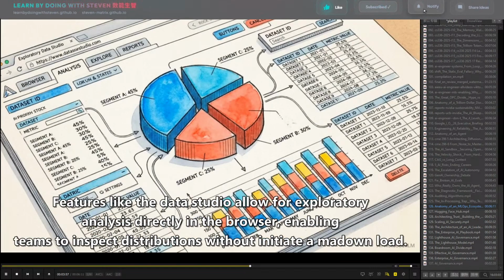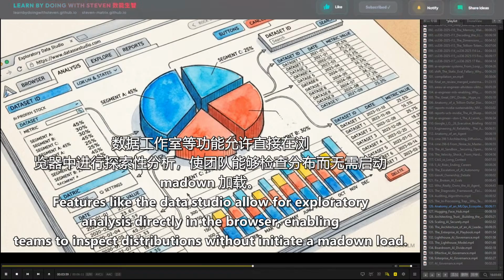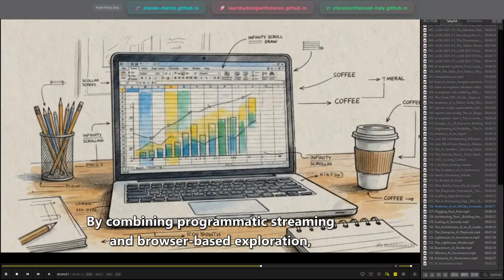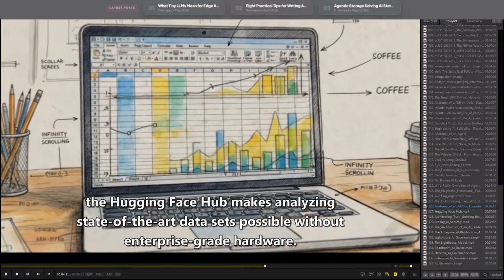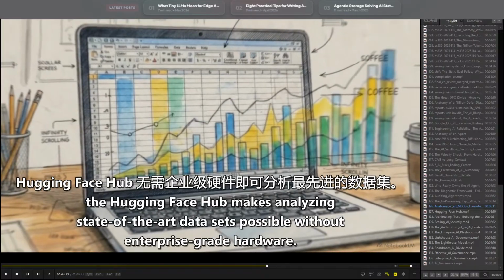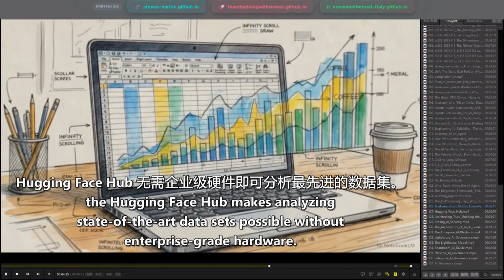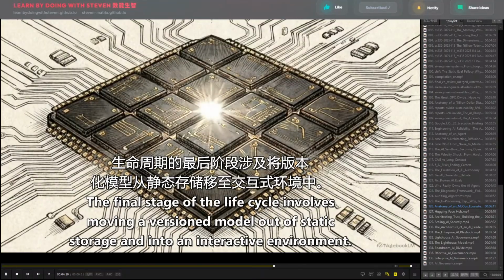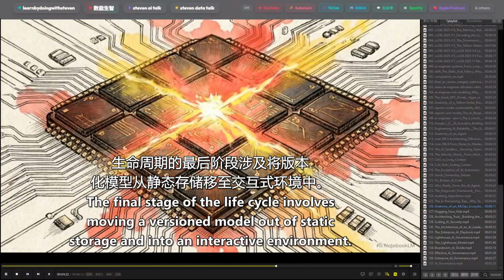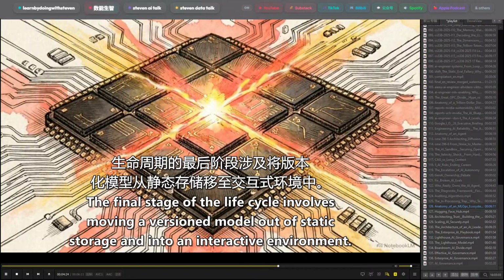Features like the Data Studio allow for exploratory analysis directly in the browser, enabling teams to inspect distributions without initiating a download. By combining programmatic streaming and browser-based exploration, the Hugging Face Hub makes analyzing state-of-the-art datasets possible without enterprise-grade hardware. The final stage of the lifecycle involves moving a versioned model out of static storage and into an interactive